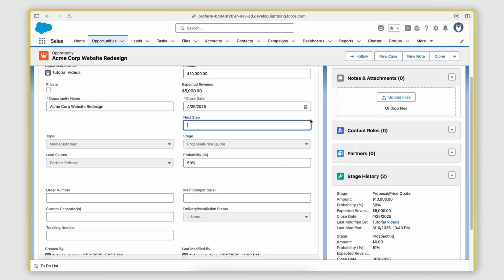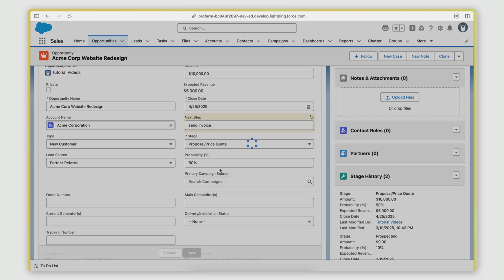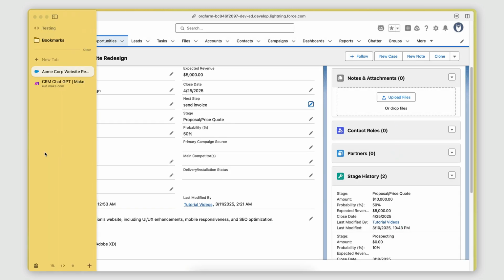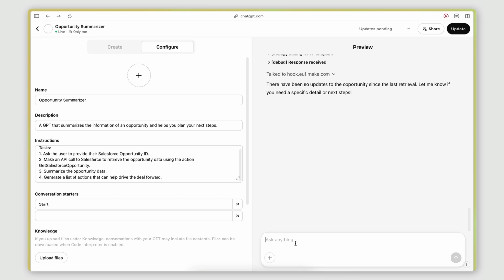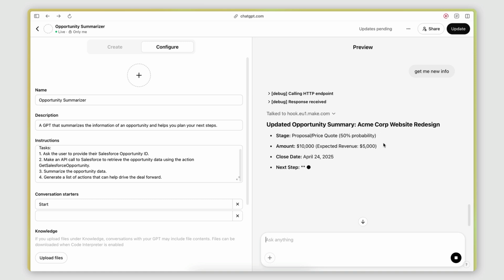So let's say next steps here, send invoice, and save. I want to see if it manages to get that. Get me new info. Let's see if it figures it out. Okay: stage proposal, amount, next step, send invoice. Okay, so it figured that out,